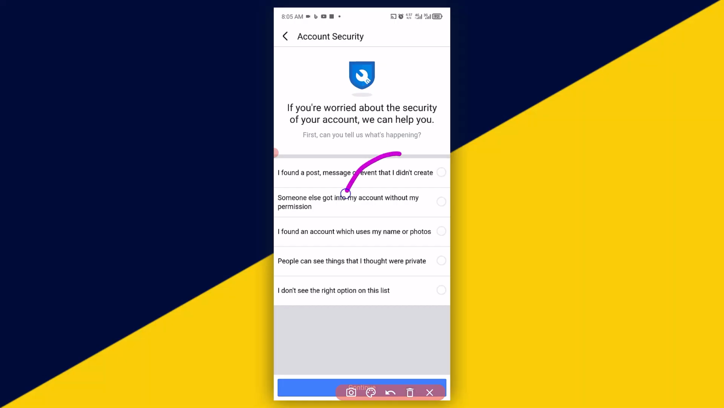So you have to make sure you choose the option related to your case right here. For instance, if your account got hacked and you find out that some messages, events, or posts that you did not create are appearing on your account, or suddenly someone changed your Facebook profile as a result of the account being hacked, what you need to do is simply select the first one right here. Once you select the first one, make sure you click on Continue right here. So once you click on Continue,